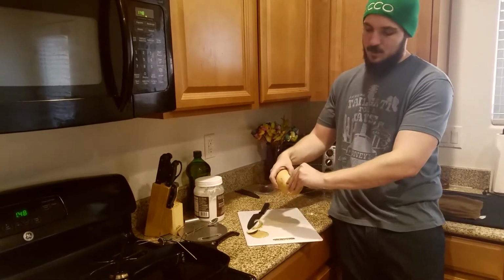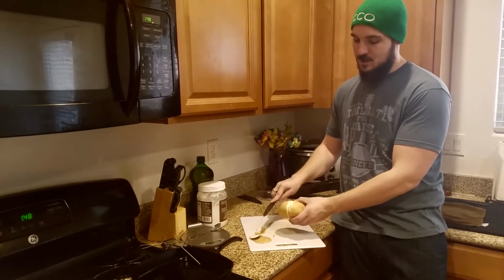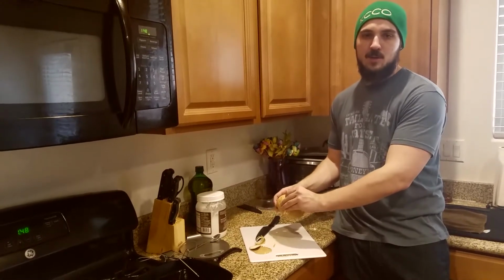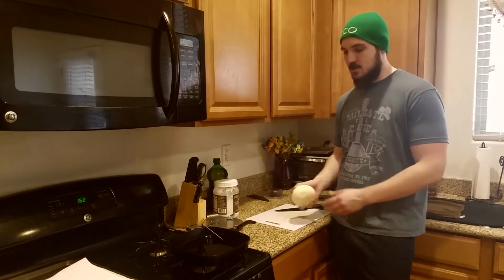You might need a potato peeler for the last little bit, but I found that at least with the peeler that I have, it just doesn't work very well. So I'm going to go ahead and finish pulling this off, and I'll check back into you guys once it's peeled. Alright, so now that our jicama is peeled and I've got rid of the scraps,